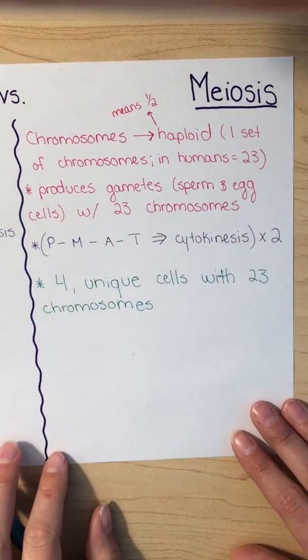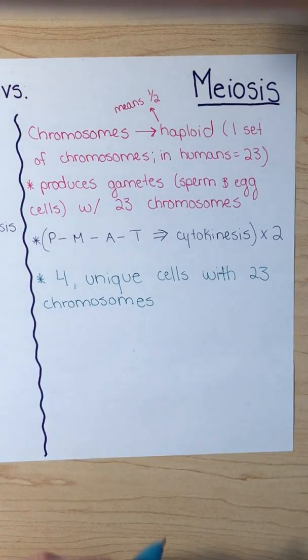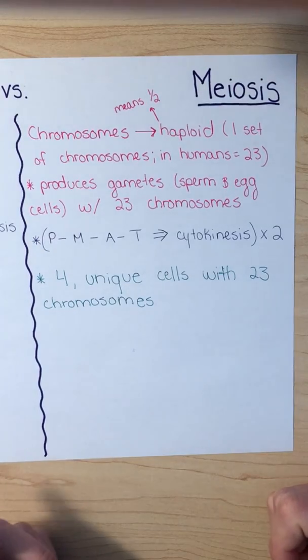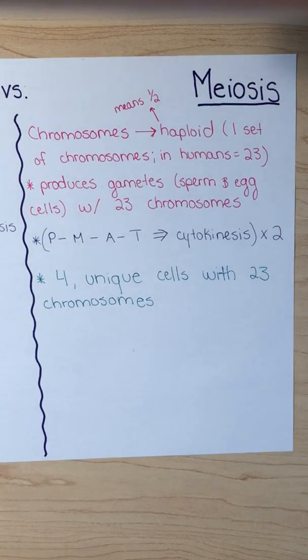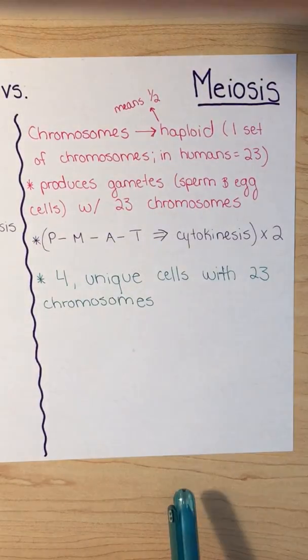Okay, so the way that meiosis works is it allows for a lot of genetic variety, okay? And that makes sense because that's why you don't look exactly identical to your parents. You look a little bit different from your parents. But then it also makes sense because that's why you might look similar to your siblings, okay? Because of that process of meiosis. It produces 4 unique cells from one another,